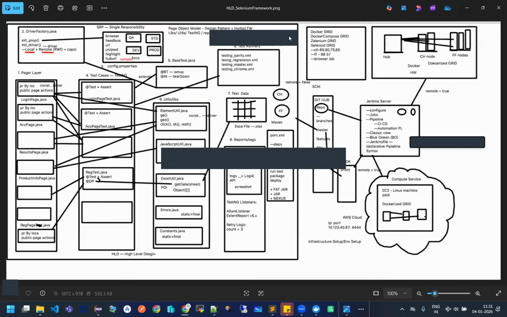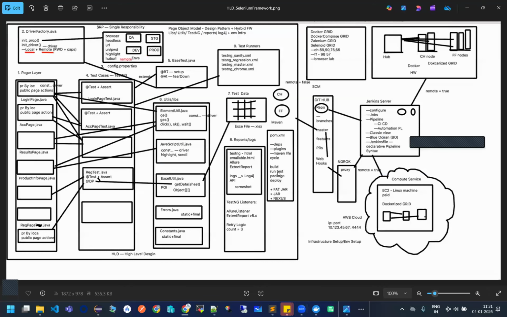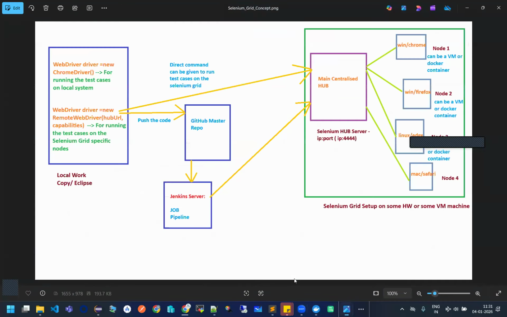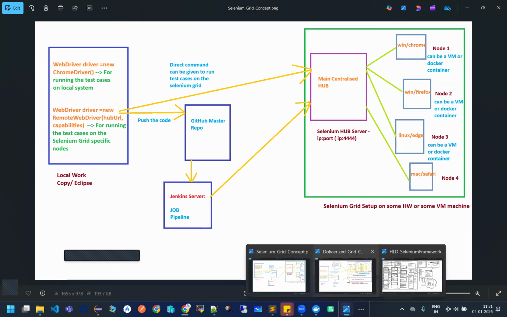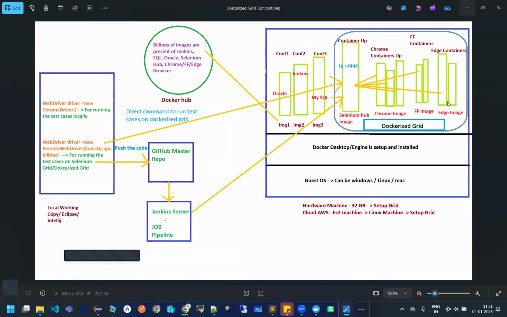Okay, guys. Till yesterday we have seen a lot of things. We have seen about Docker also, how you can run your entire Selenium grid in Docker containers. So we have seen this setup. Yesterday we used a hardware machine on which we set up our Selenium grid. From the second image, you can get a clear idea that with the help of Docker, I could set up the Docker containers by pulling the images from the centralized Docker Hub repository